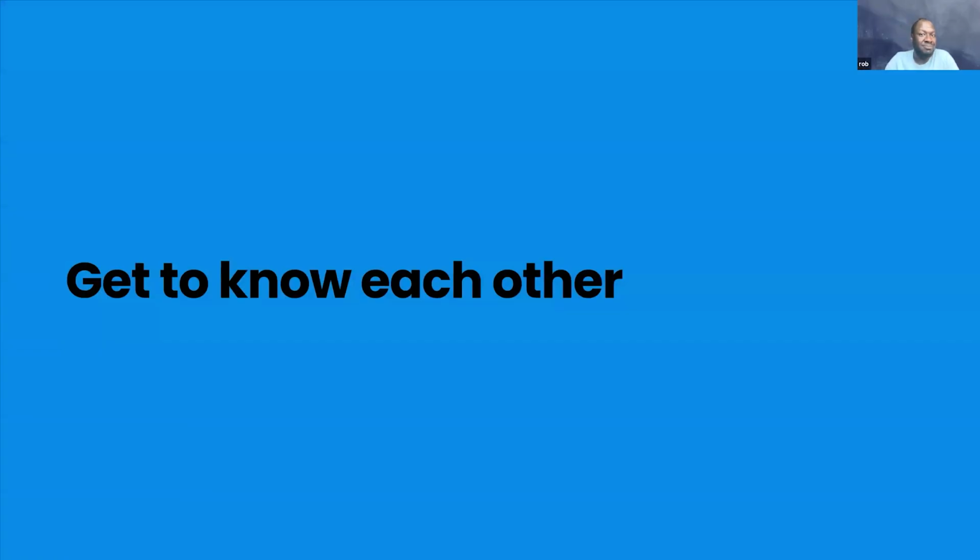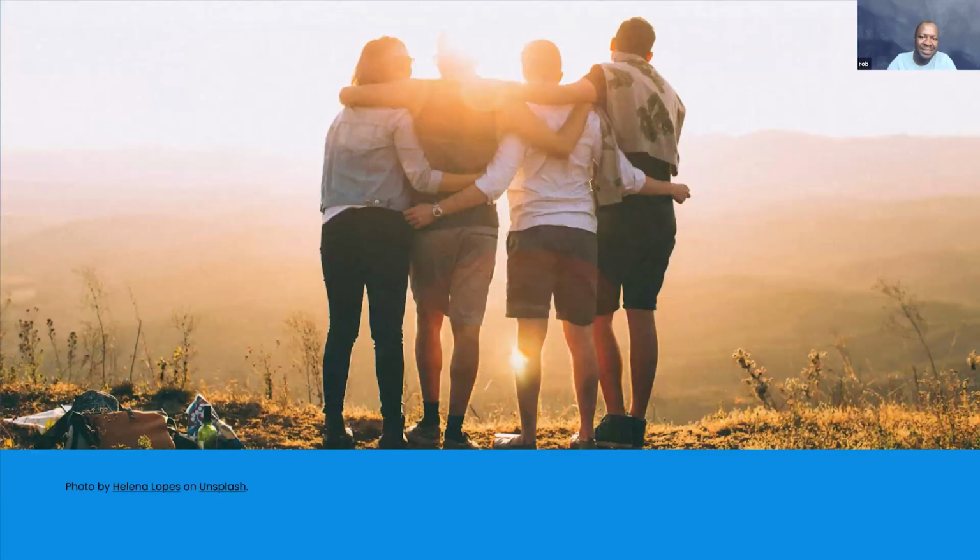And finally, it might sound simple, but just get to know each other. If you're based in the same location, make the effort to meet in person if you can. Maybe have lunch together, maybe consider having a team social with your squad, or your designers or developers, however your team setup is. If you're not based in the same location, it might take a bit more effort, but I'm sure you can find ways to connect on a much deeper level, simply to get to know each other.